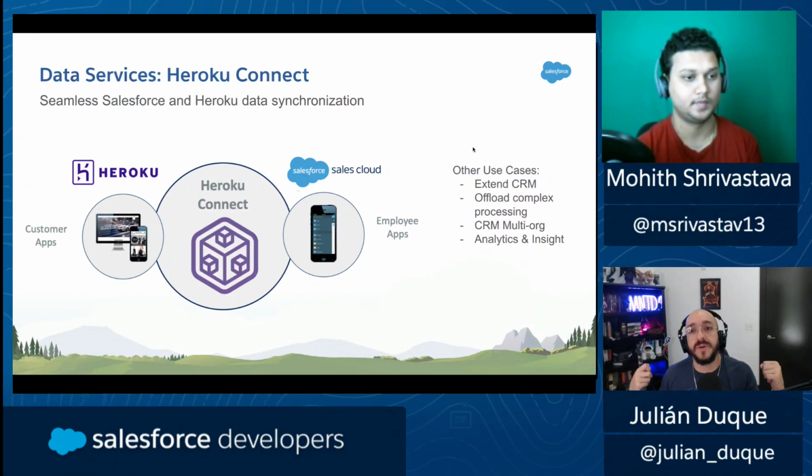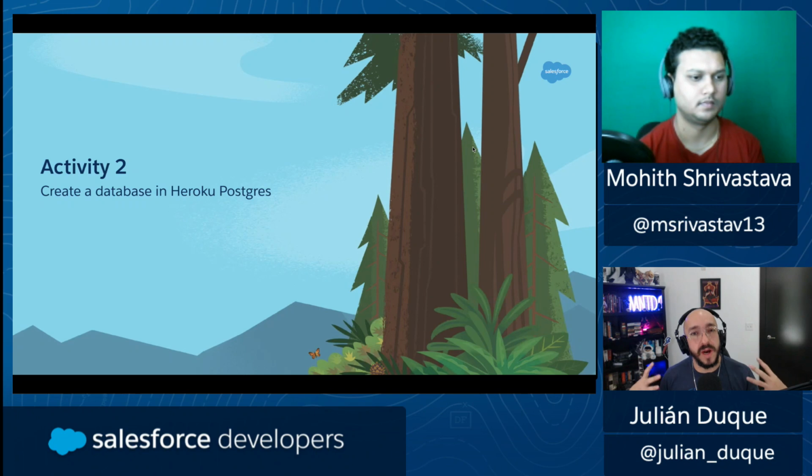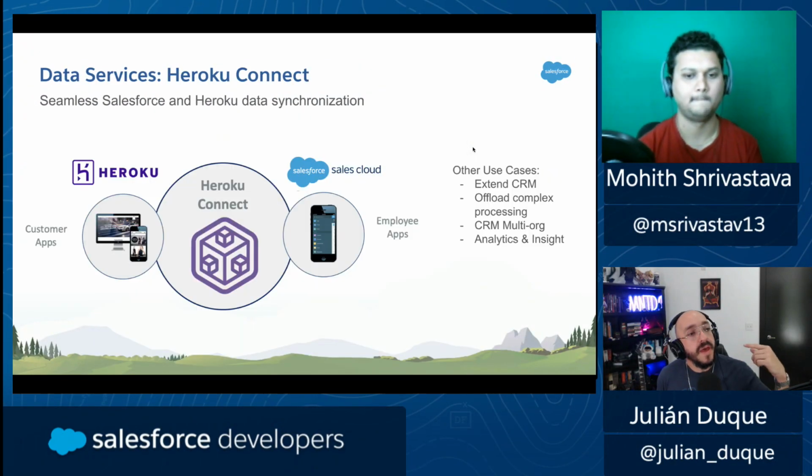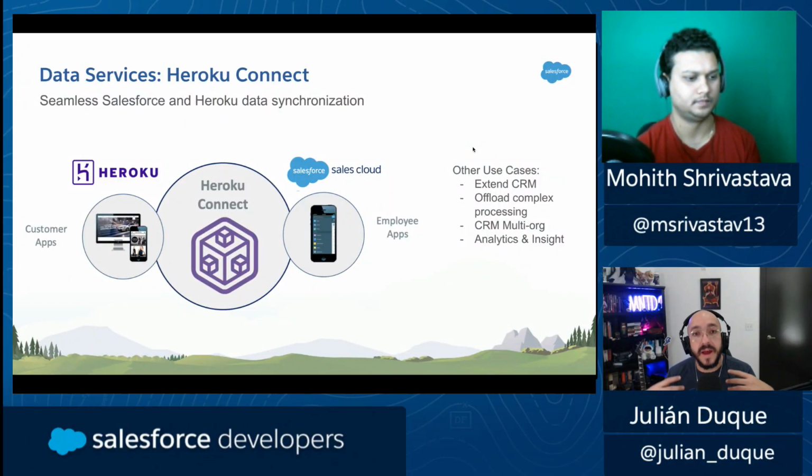So it's for applications that require that amount of throughput. Right. Then we have Heroku Connect. Heroku Connect is an integration layer between Heroku and Salesforce using the OData connector. For Heroku Connect, we need to have a PostgreSQL database in our Heroku application, and it works in two